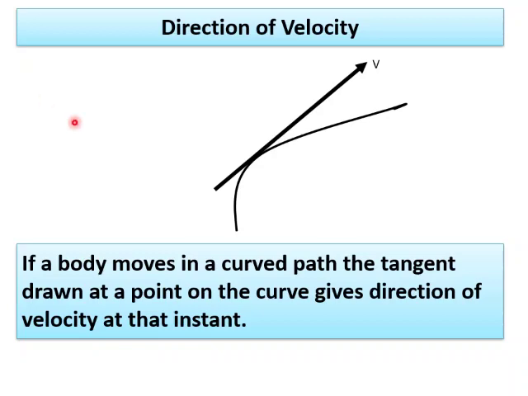Here if you observe the diagram, imagine this is a curved path of a body traveled, and I told you at any particular point you have to draw a tangent. So this is a particular point. When you draw a tangent, this is what a tangent, and this tangent gives the direction of velocity. So actually what is tangent? Tangent is nothing but a perpendicular drawn to a circle, and this perpendicular is a radius to any point on the circle. Okay, that's it.